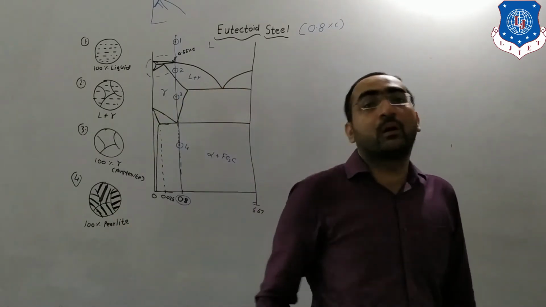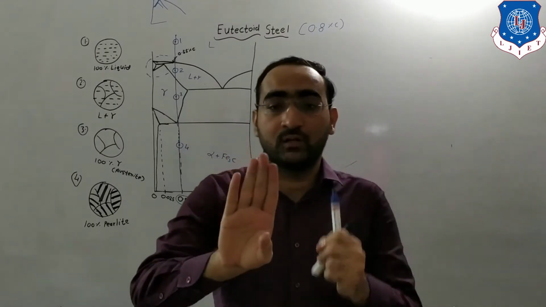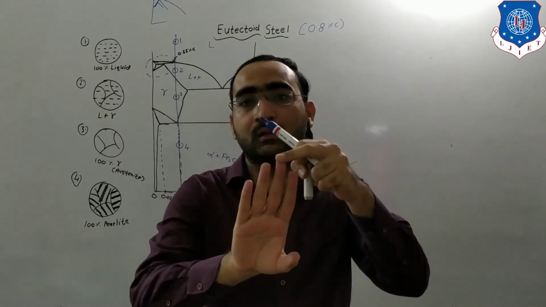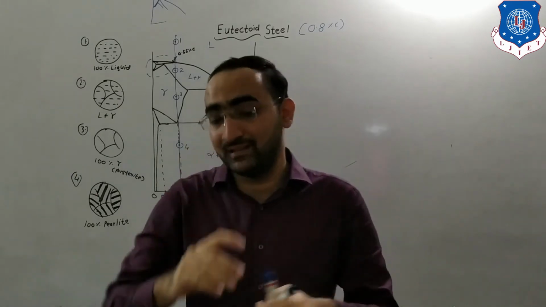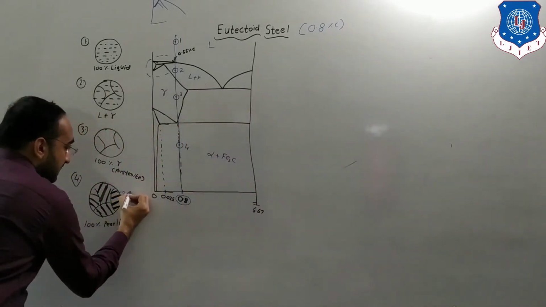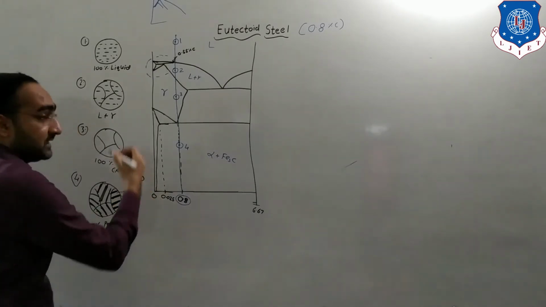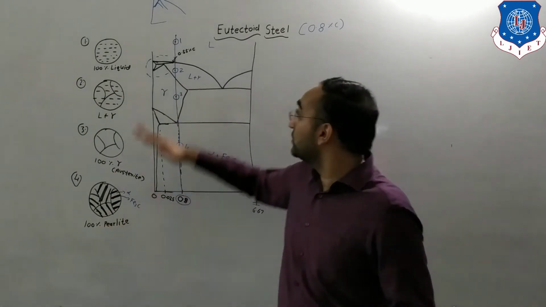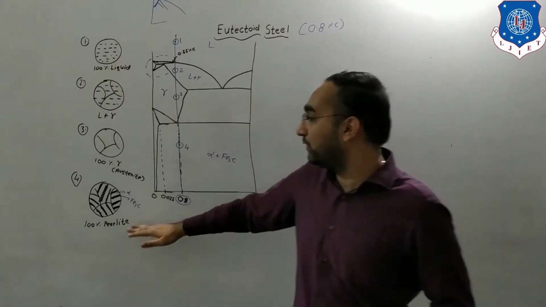What is pearlite? Pearlite is nothing but a lamellar structure. Lamellar structure means such type of structure. One layer is of alpha, or you can say ferrite. The adjacent one will be of cementite. Alpha, cementite, alpha, cementite. In this way, as we can see over here, the white portion is known as alpha, the black portion is known as Fe3C. So this is how pearlite is prepared. So in a eutectoid steel, we get 100% pearlite over here.